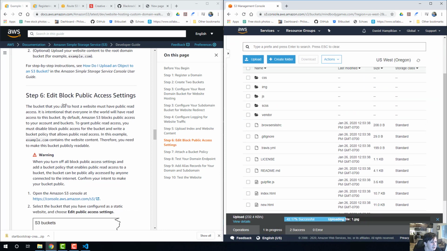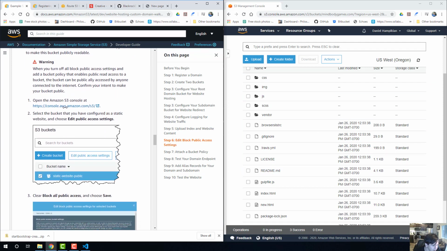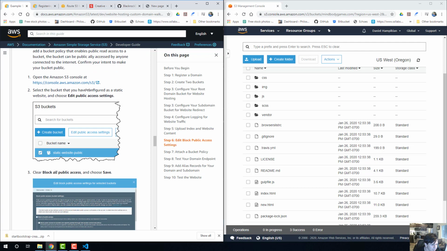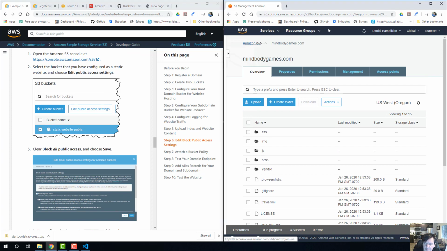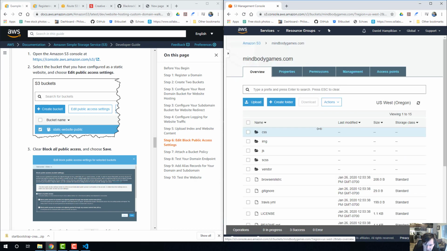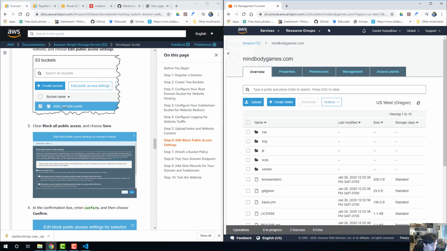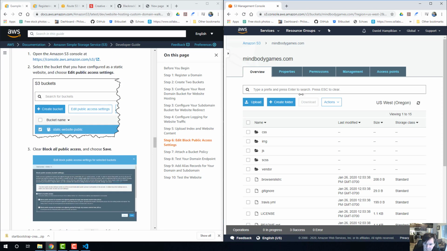All right, so now we want to edit our block public access settings next. By default, the default settings, we made it so that people couldn't just go to this website. We locked down the security. So what we want to do now is select the bucket that we've configured as a static website. So go to Amazon S3. This one is our static website. And we want to go to Edit Public Access Settings,